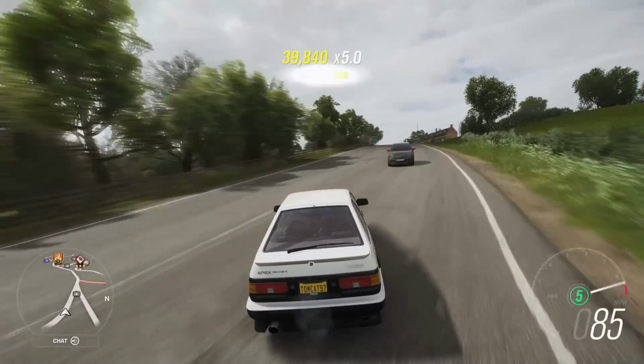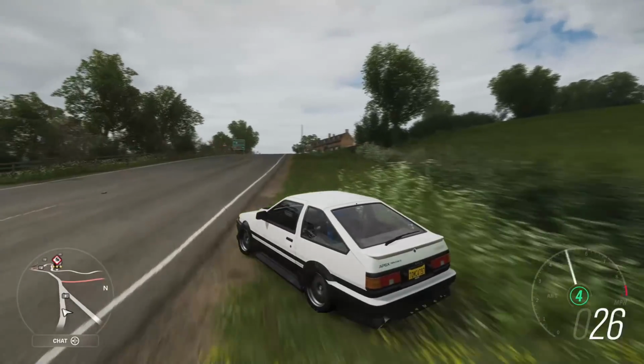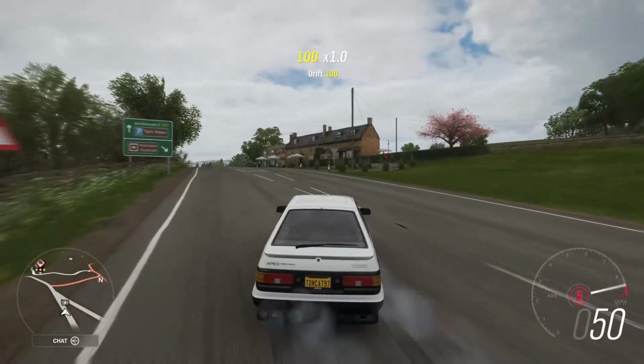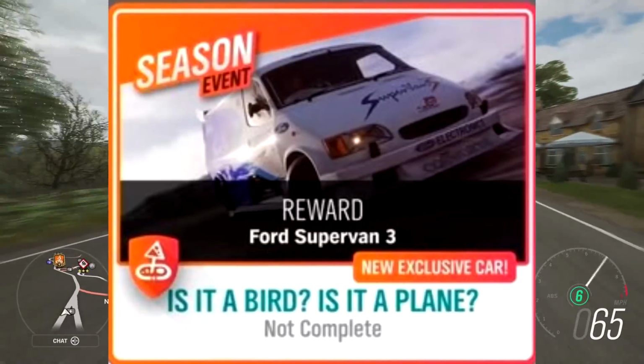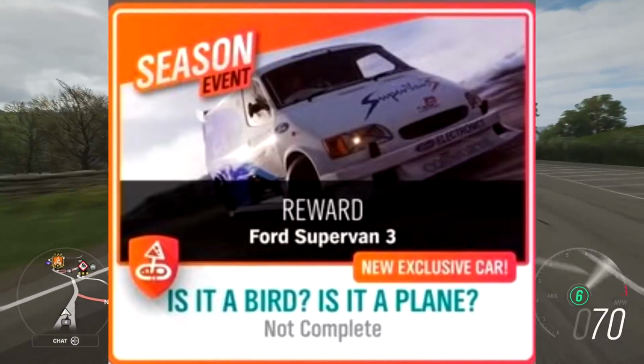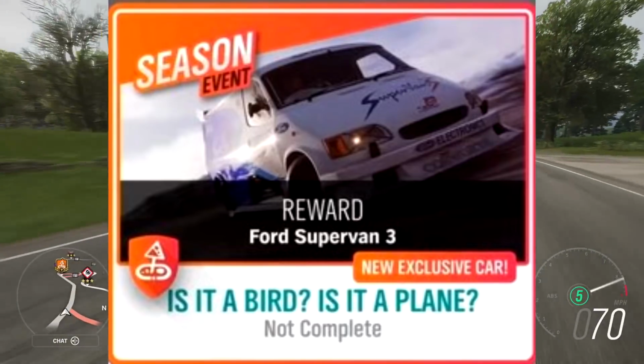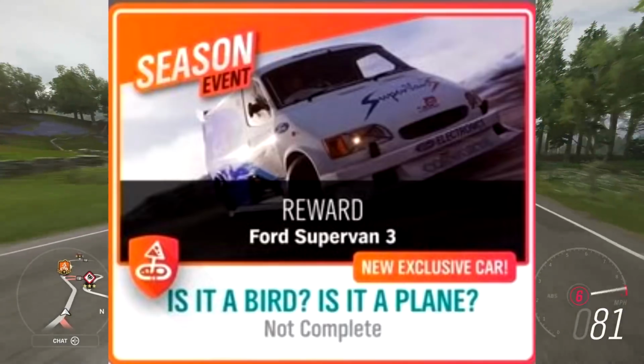Another car that some members of the community were very excited about is this next one coming up, which is the 1994 Ford Supervan 3. Now, the Supervan 3 is another winter reward. It's actually a seasonal championship reward, and this thing is...